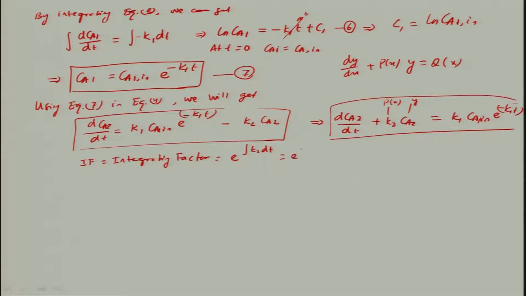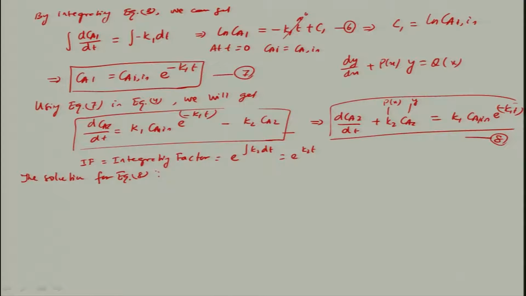So that is equal to e to the power K2 T. Then I will get this solution. Let me write it down, this is equation 8. The solution for equation 8,